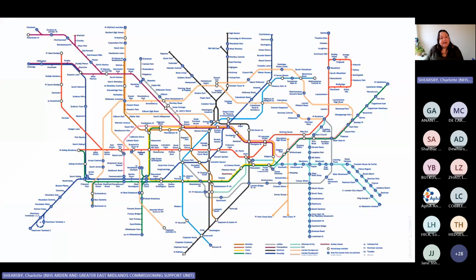Here we have the example of the London Underground map. This was created in 1931 by Harry Beck, is still used today, and became the template for transportation maps worldwide. When Beck was creating his underground map, he quickly realised that the geographic points of interest, the above ground data, wasn't really relevant for the travellers. So he stripped all that away and just looked at the lines, about where the lines went,